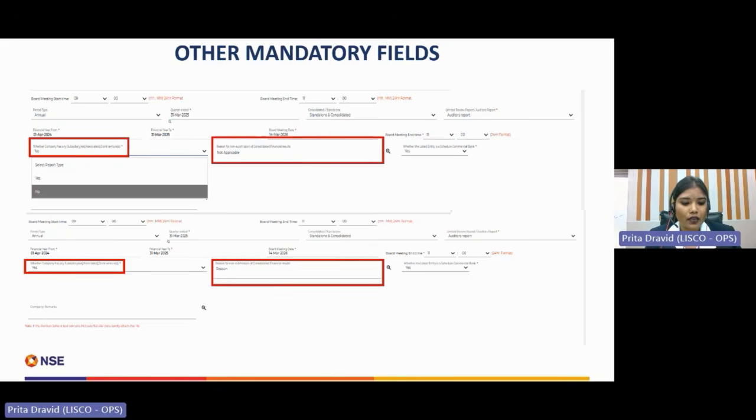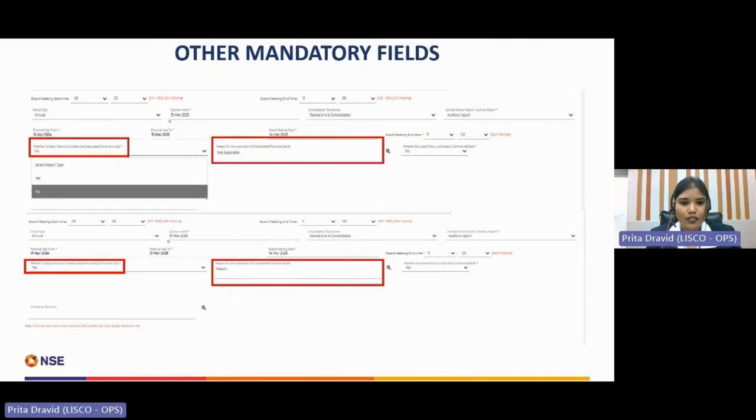Kindly note, in case the company has subsidiaries, associates, or joint ventures, or has excluded any such company from the respective period, and yes is selected, then the detailed reason shall be provided under the field reason for non-submission of consolidated financial results. Further, the reason for non-submission of consolidated financial results shall be provided under the note section of standalone financial results. The company can refer to the FAQs issued by the exchange for further clarity.